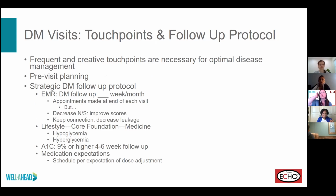And frequent touch points is the last thing at least I wanna cover. As much as possible, don't forget your patient needs to be touched on a regular basis. One of the top basketball teams in the state, the coach stated he has more frequent touch points with his team compared to others. So when you see the patient and it's like, whoa, you haven't taken the medicine in how long? What's going on? Your A1C is 9, pull them back in 2 weeks. They're not ready for 3 months, because you need to work on